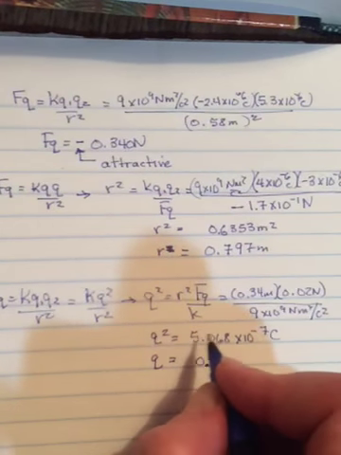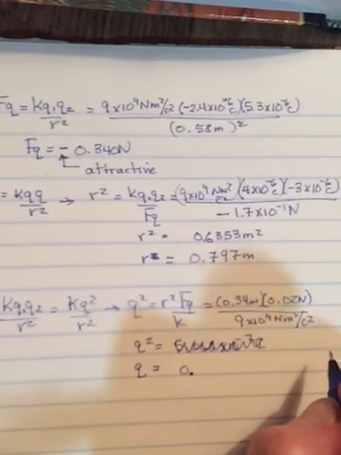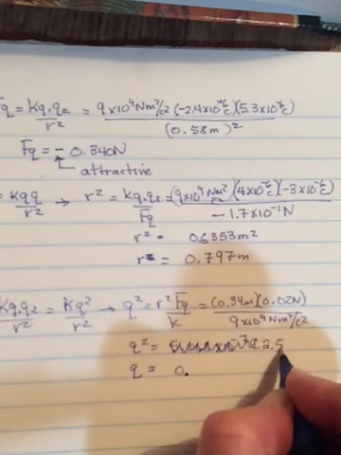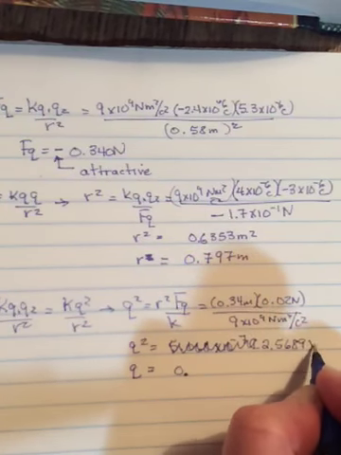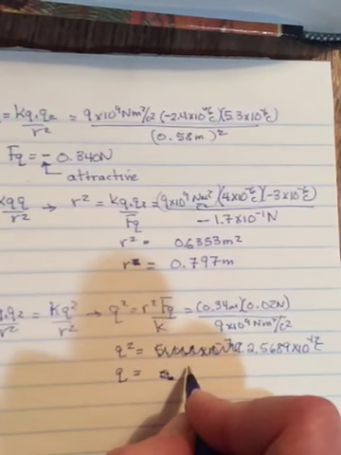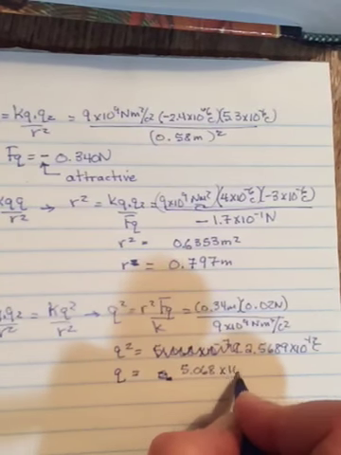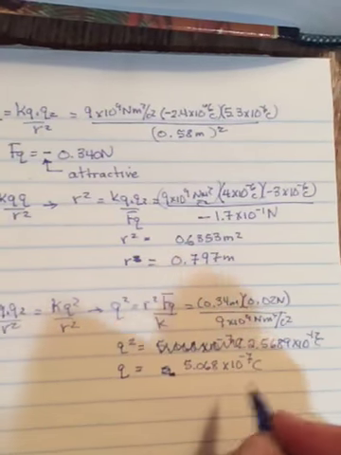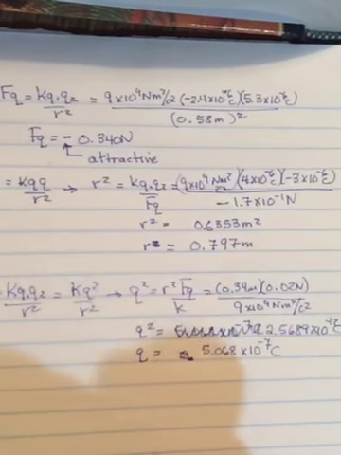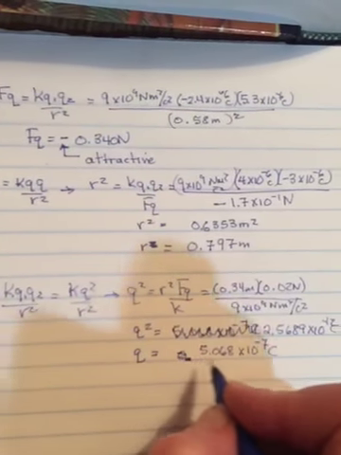Oh, no, I lied. That is Q. Shoot, sorry, wrote down the wrong line. Q squared is 2.5689 to the negative 12 coulombs. And so then you get 5.068 to the negative 7 coulombs, and that would be 0.5068 microcoulombs. Now, the question only asked you how big is it, but I would probably say, and what are